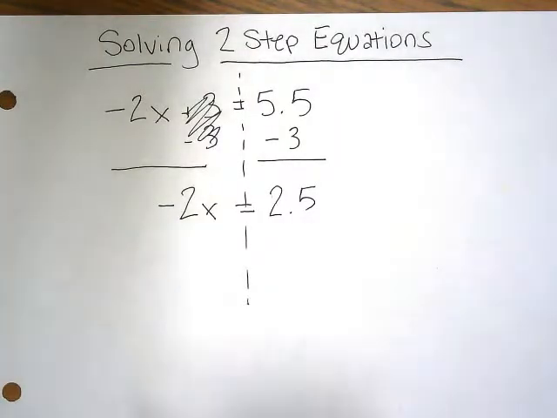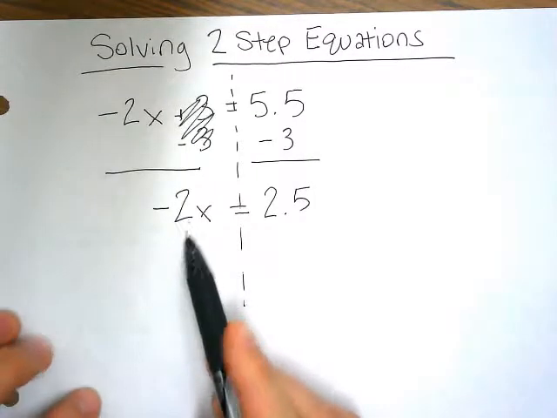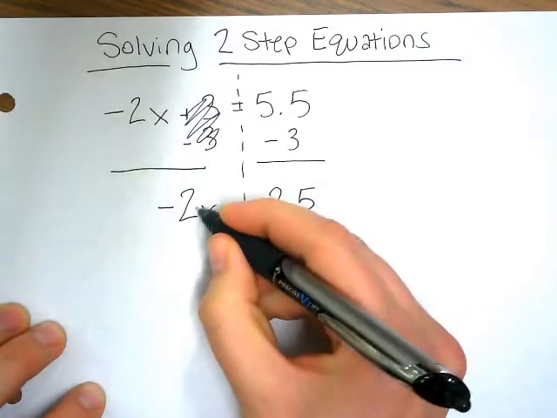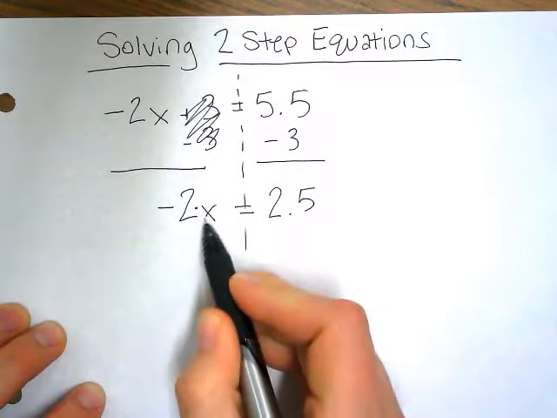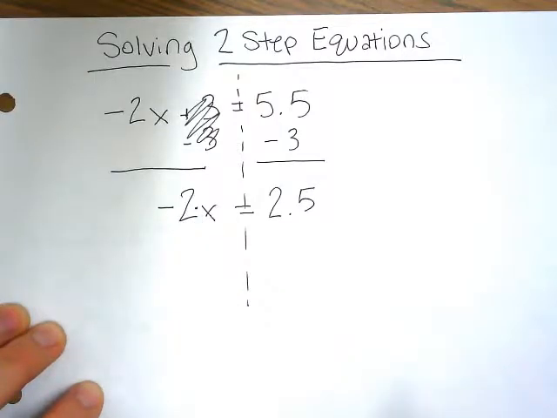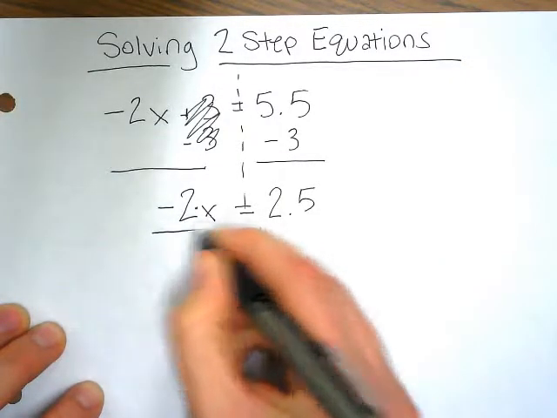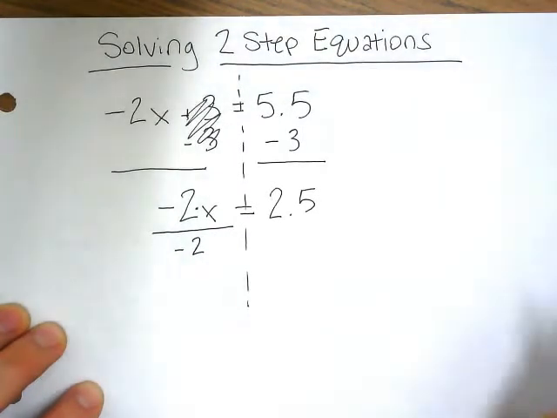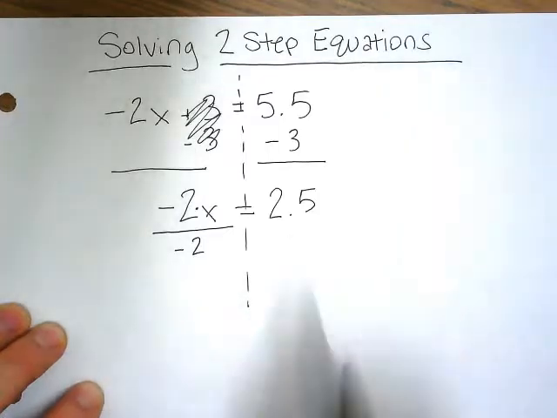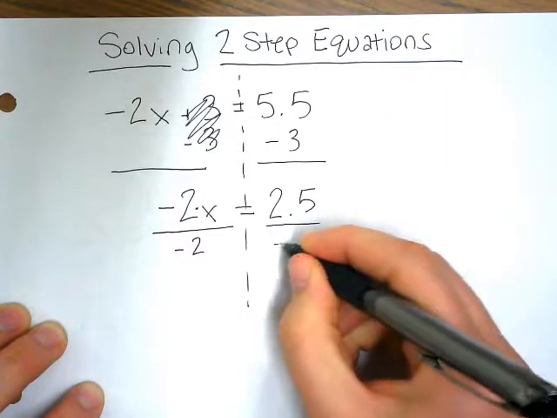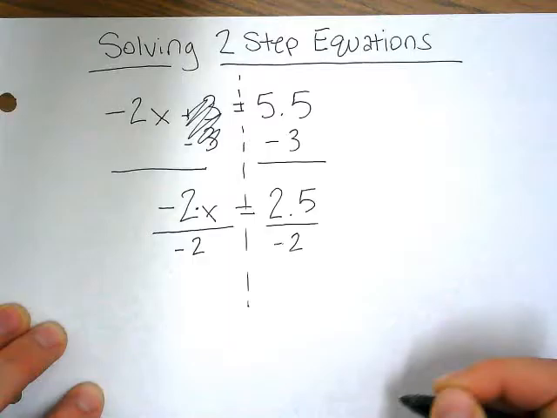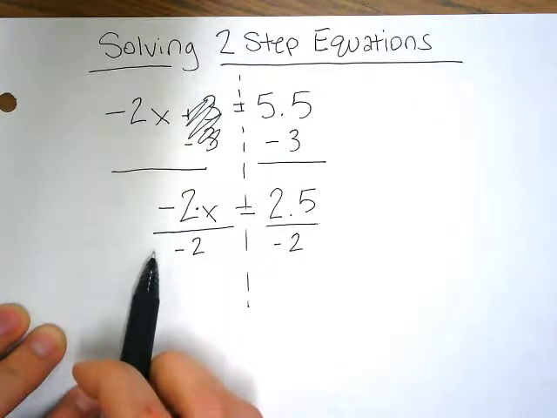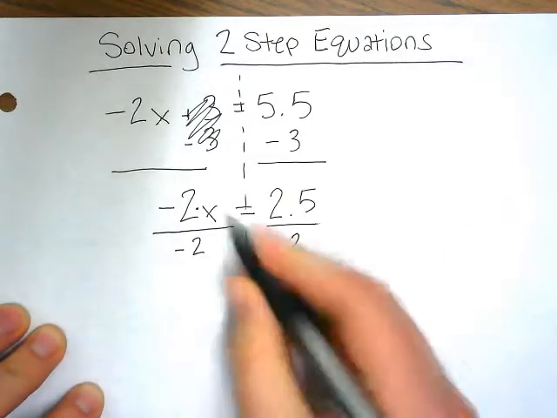Alright, well now I've got a negative 2x, but I don't want to know what negative 2x equals. I want to know what 1x equals. And since this right here is multiplication, we're doing x times that negative 2. To get rid of this negative 2, I'm going to divide by negative 2. Make sure it's still a negative. And I have to do the same thing to the other side, divide by negative 2. Now I know negative 2 divided by negative 2 equals 1. So we just have 1x